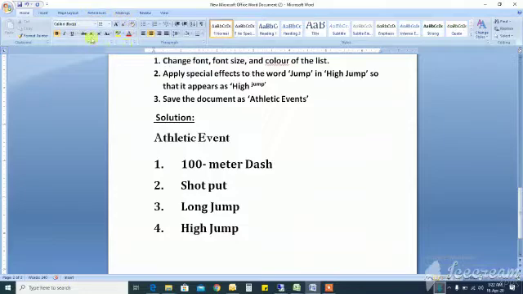Over here we have so many options available, and you can see the second option we have to use is superscript, that is, we have to use it in the fourth option, high jump. So let's get started. Athletic event, first of all we are going to change the font. Whenever we do anything we have to select the text first.